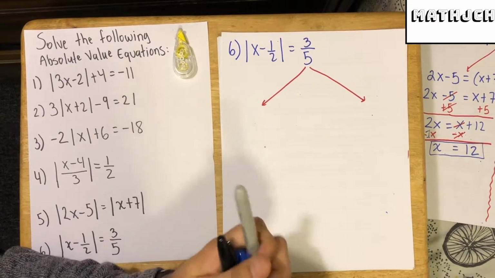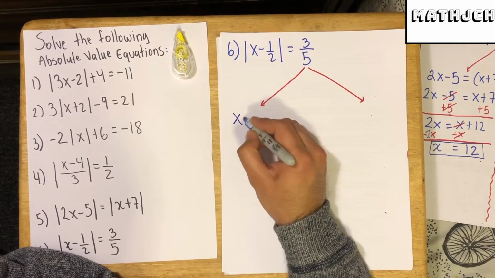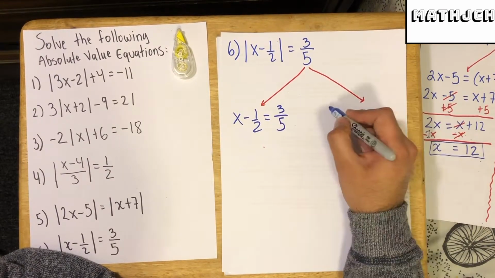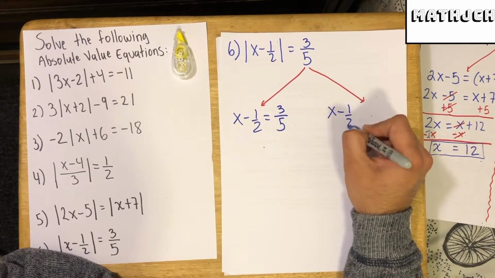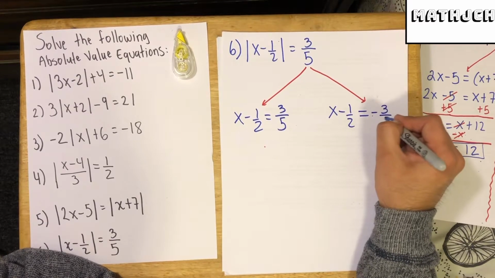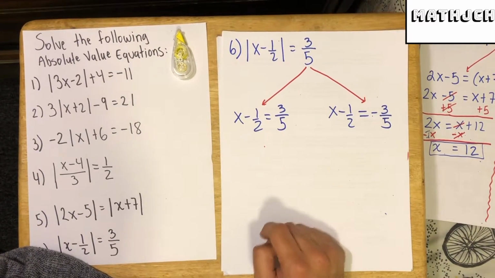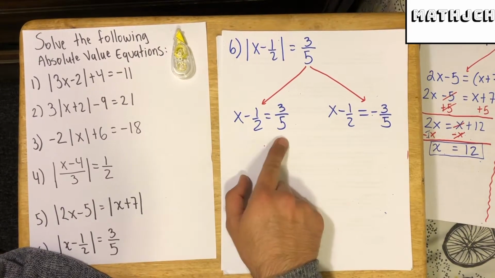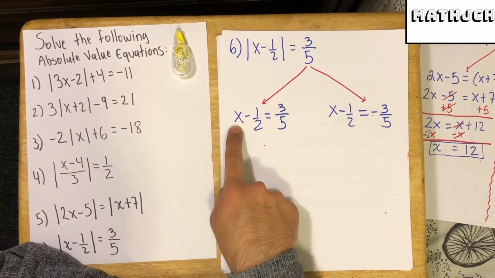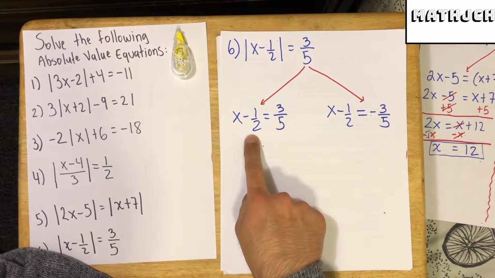this number. So we're going to have everything inside the absolute value equals the positive of that, and everything inside the absolute value equals the negative of that number, which is negative 3/5. Now let's solve for x in each case. All we have to do for case number 1, since x is already by itself, there's no other x anywhere here, is to move this 1/2